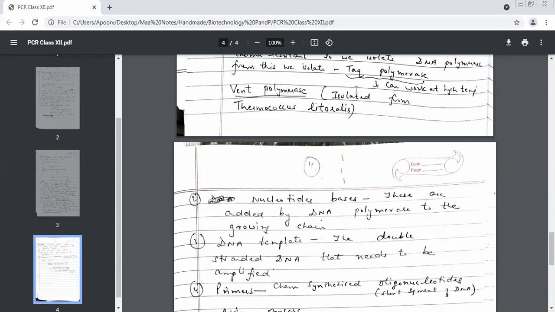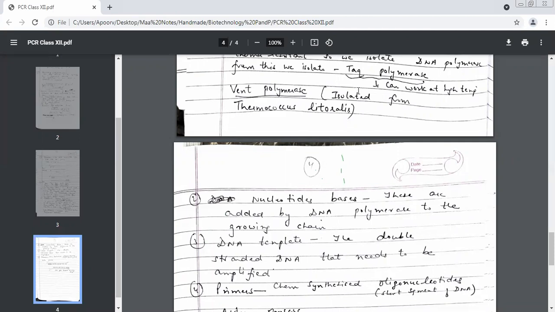If we put DNA polymerase in the human body, will it be able to work? No, ma'am. Because the optimum temperature needed for DNA polymerase is how many degrees Celsius? 72. And the human body's optimum temperature is 37, beta. So if you increase the temperature of the human body, obviously all the other enzymes will die. They will stop working. So we cannot have this enzyme working in the human body. So we extract this enzyme from bacteria which are resistant to heat.